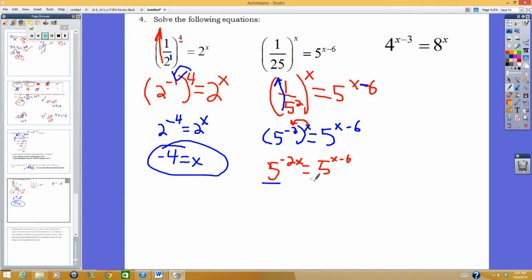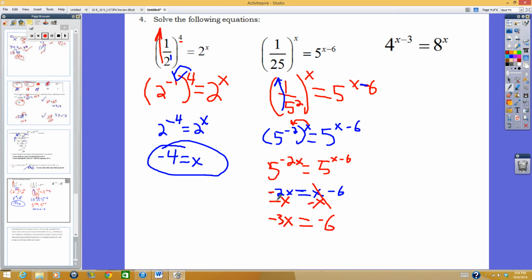Now that we have the same base, make your exponents equal to one another. Negative 2x equals x minus 6. Okay? Like we always do, guys, I want to get my x's on one side as fast as possible and my numbers on the other. In order to do that, I would move this x over here. Or how some of you guys say it, which I really like, is you have to take that x away, which would be subtracting an x. Bam! Negative 2x minus an x means it's getting smaller by another x, so you're going to have negative 3x over here